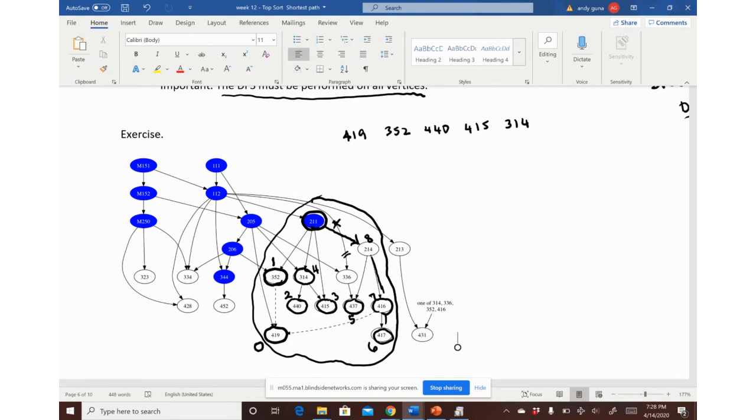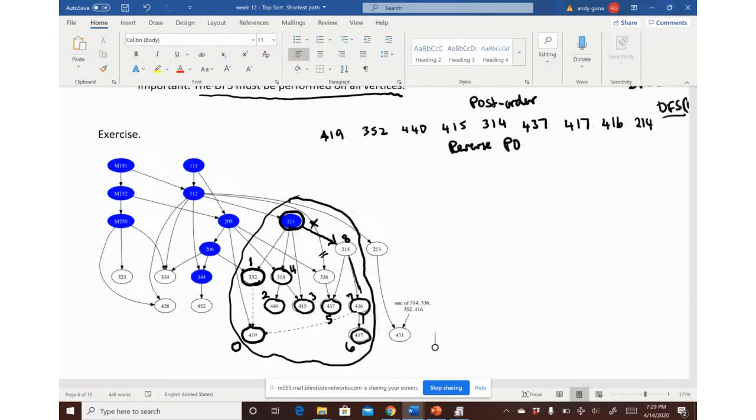Okay. So what is it here? 314 is 4 and 5 is 437. And then 6 is 417, 7 is 416, and 8 is 214. Okay, so this is called the post order. All right, and if you want the reverse post order, then you'll have to reverse that, which will give you